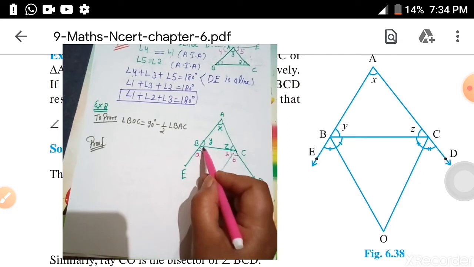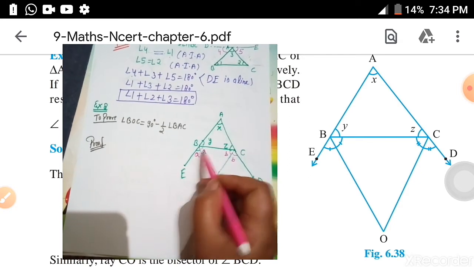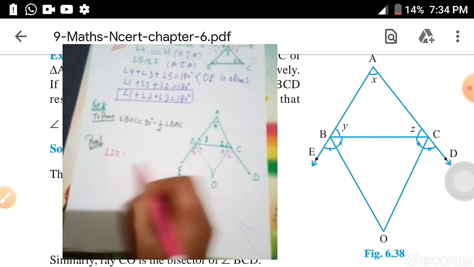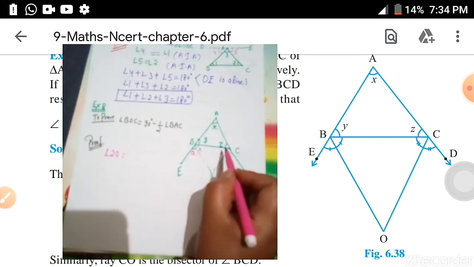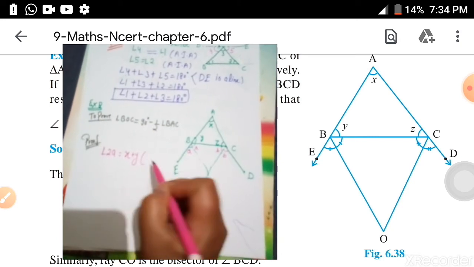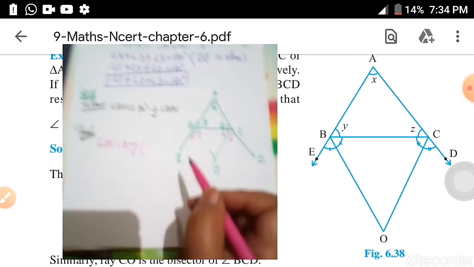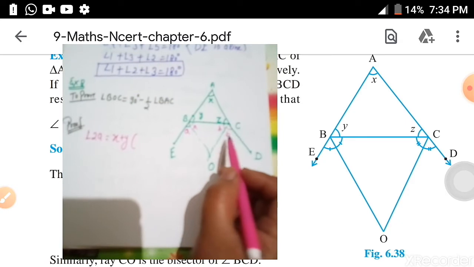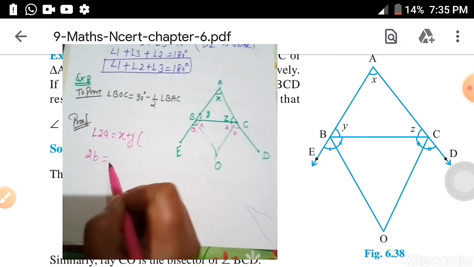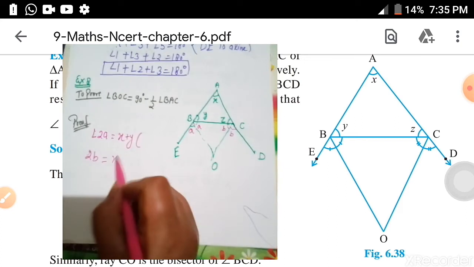First we take the exterior angle 2A. We can write 2A is equal to X plus Z. Why? By the exterior angle property of a triangle. Similarly, for B, we can write 2B is equal to X plus